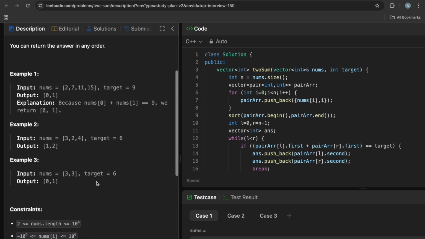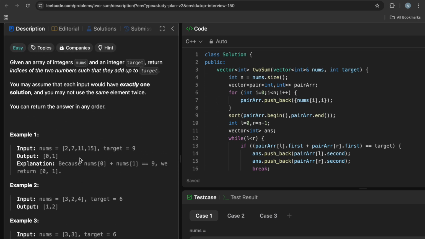And so the simplest brute force solution would be an O(n squared) solution. We will run two loops: for the first loop i will go from 0 to n minus 1, and j will go from i plus 1 to n minus 1, and then for each i, j we will check if the sum equals 9, and if it does, we will return that i and j. But this is an O(n squared) solution and it is not a good solution,